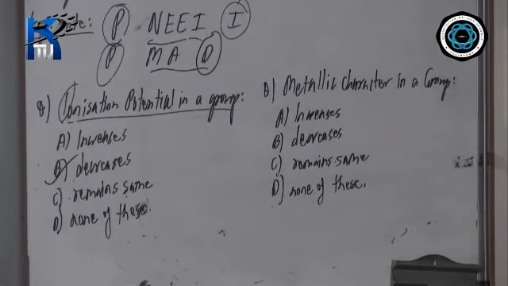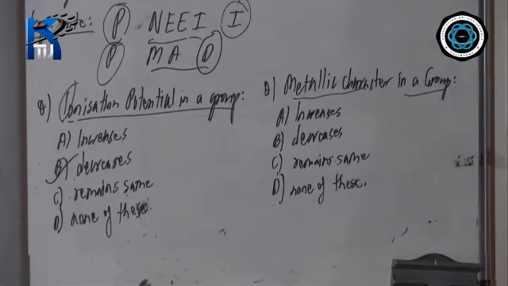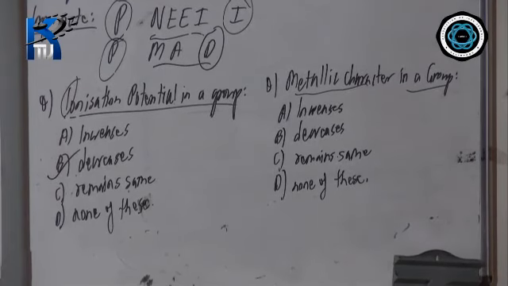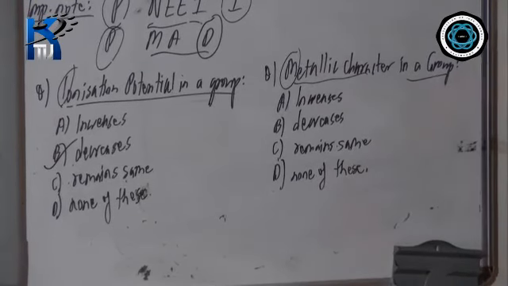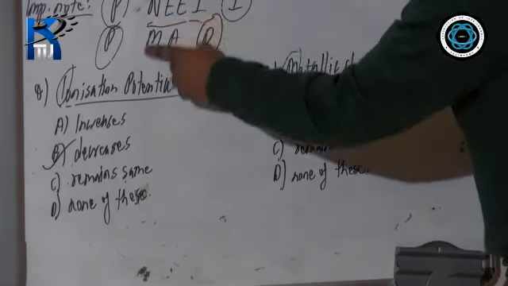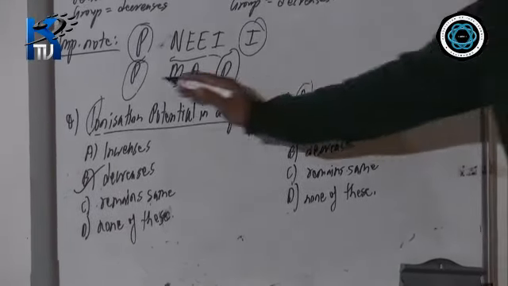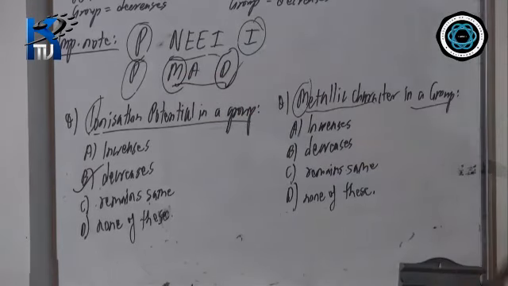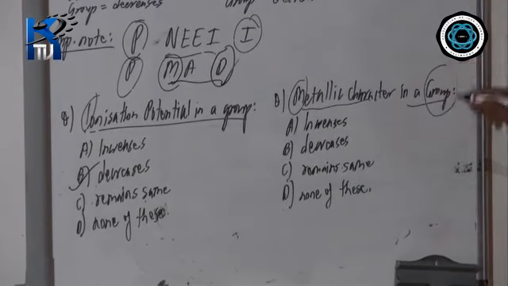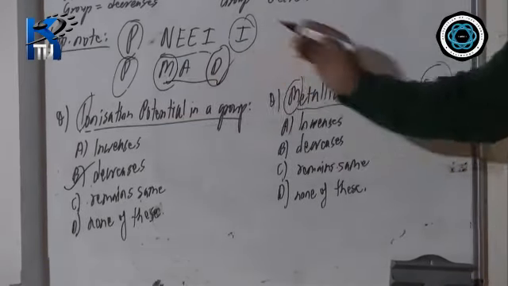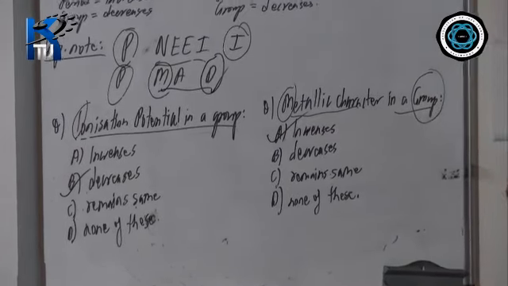Now let us go with another question. Metallic character in a group. Again four options you have. Will it increase or decrease? We don't know, so let us see again. See the letter M. Does M come under Papuni or Papumat? When you pronounce Papuni, M does not come. In Papumat, M comes. So in a period, metallic character will decrease. But I have asked you about the group. So if in a period metallic character decreases, in a group it should increase. So this is how you can solve the objective questions of the periodic table topic.